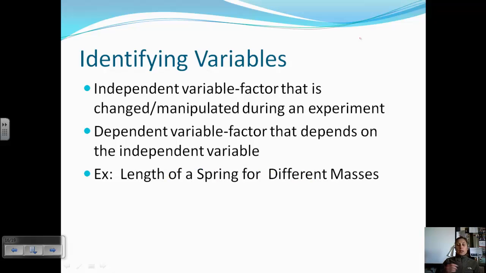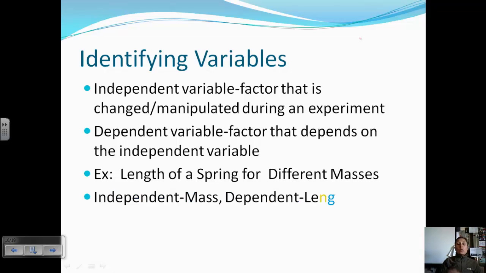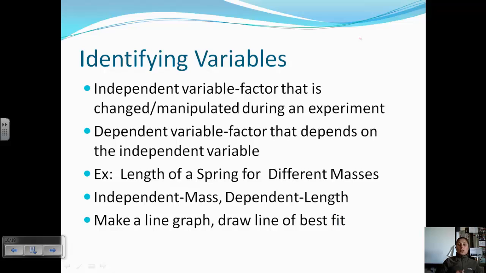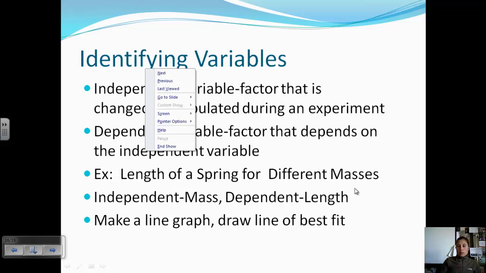So for example, let's say we have this spring and we're placing masses on the bottom, so we're stretching the spring out. Well, what we're changing is the mass, and so that's the independent variable. And then what's changing because of the mass is the length of the spring, and so that's the dependent variable. And so what we would do is take different masses, measure the length, plot those points, and then draw a line of best fit. And so let's say we have our graph,